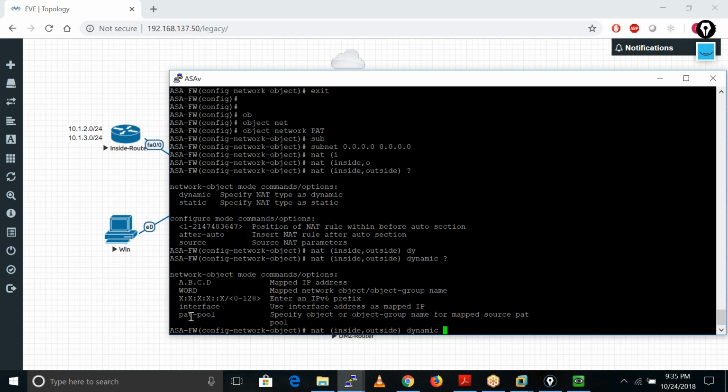The thing is, now here we have interface. Here we also have a word, right? Mapped network object. So here we can use the word which is PAT-pool. I think I used that same name. Let me check. Yeah, PAT-pool. Pool is also in caps.